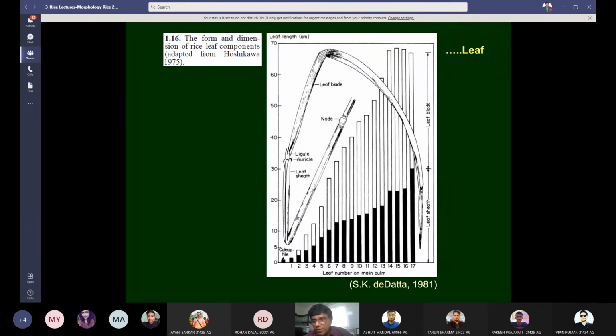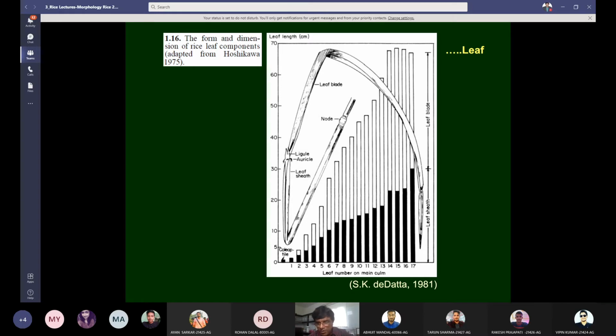Other point is see the length of sheath and blade in number 17. So if I see it carefully, then leaf blade is longer than the leaf sheath. In the next 16, 15, 14, 13, 12, 11, 10, and you can see up to 6, up to 5, or 4, or 3. Up to 3, you can see the leaf blade is longer than the leaf sheath, starting from 17 to number 3. But you see the number 2 leaf.